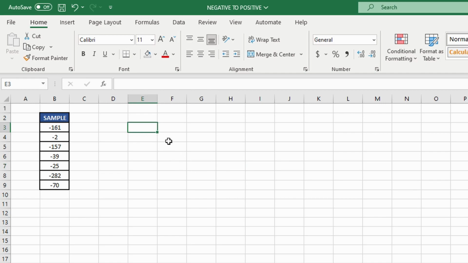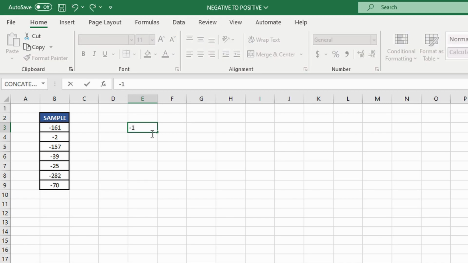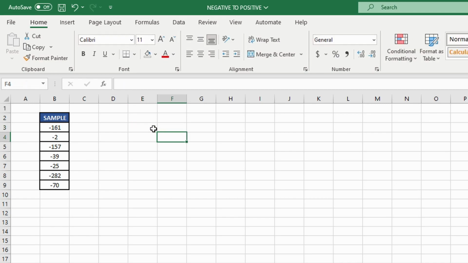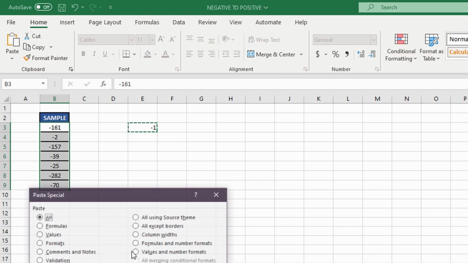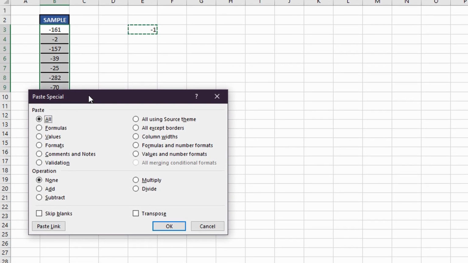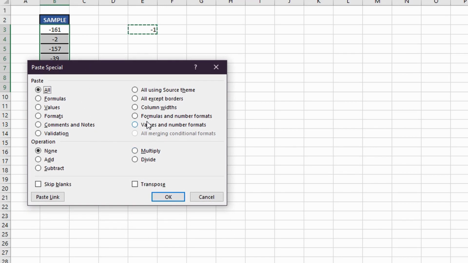Next, all you have to do is click on any cell that you want and type -1. Next, go ahead and copy the -1 cell and try to select the table or sample data that we have. Go ahead and press right click, go to Paste Special, click that, and once you click that, go ahead and